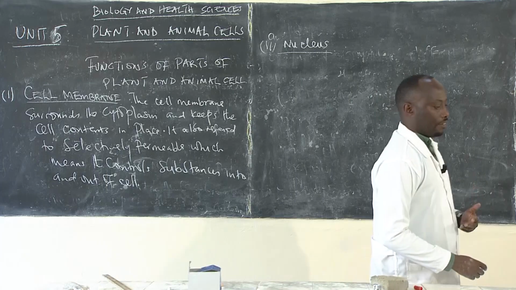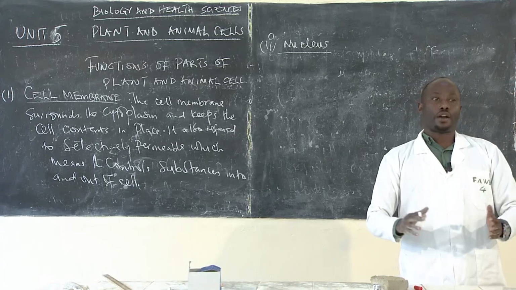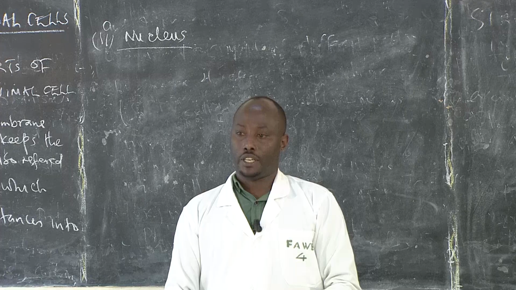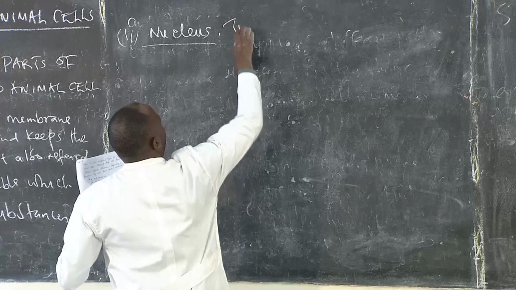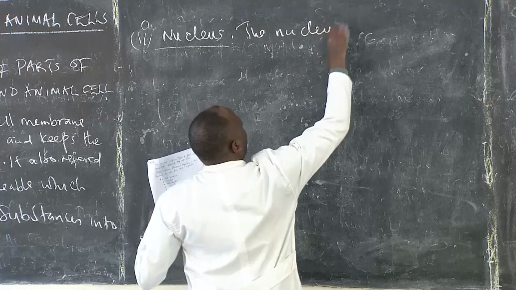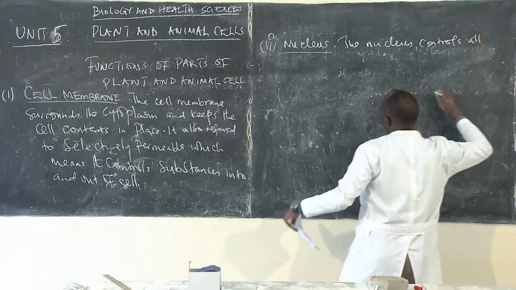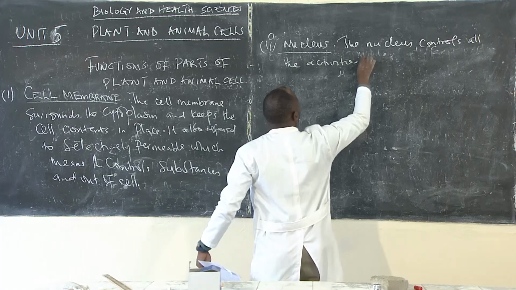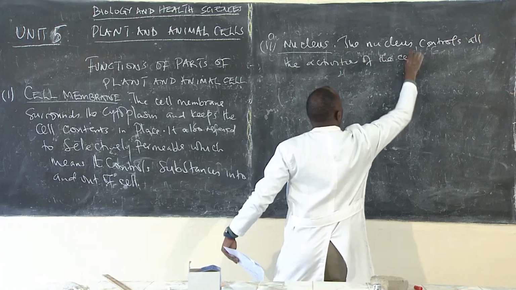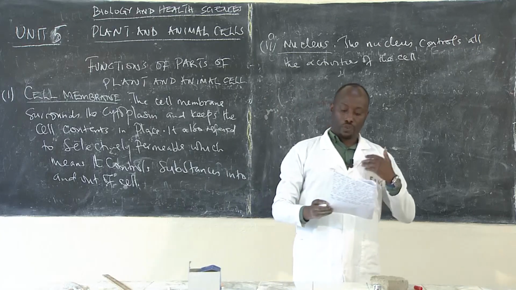Here is the function of the nucleus. I can say the nucleus controls and regulates all activities of the cell. Yes. The nucleus controls all the activities of the cell. So it means all activities of the cell are normally controlled by the nucleus,